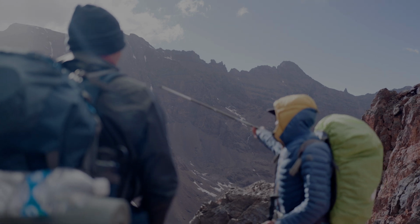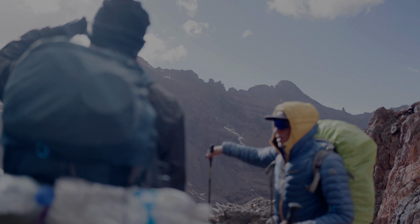Second highest peak is in the corner here. We're going to see it in a while. It's called